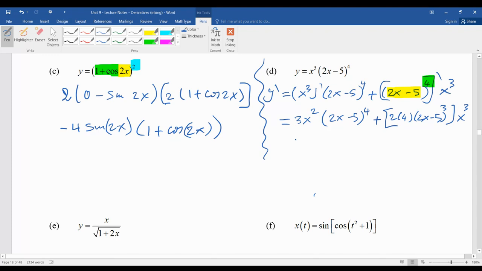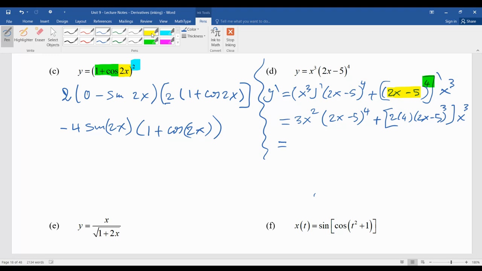Okay, so in this case, we may have to simplify, and definitely we don't want to FOIL the 2x minus 5 to the fourth or the 2x minus 5 to the third, because that's going to be extremely time consuming, and there's no point in doing that. But we can actually simplify by